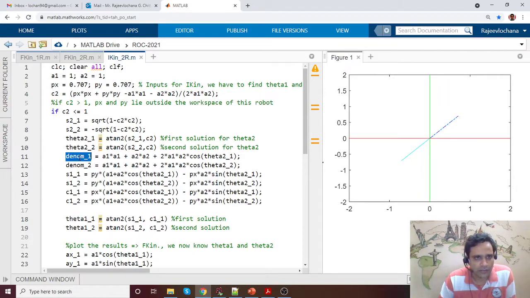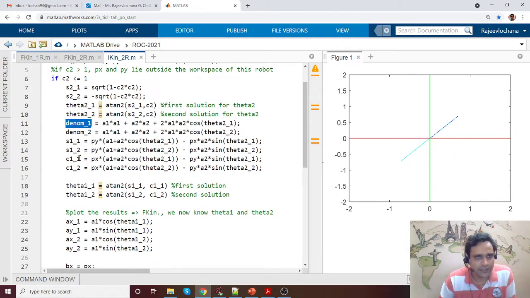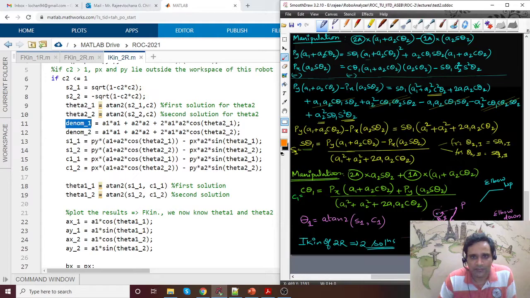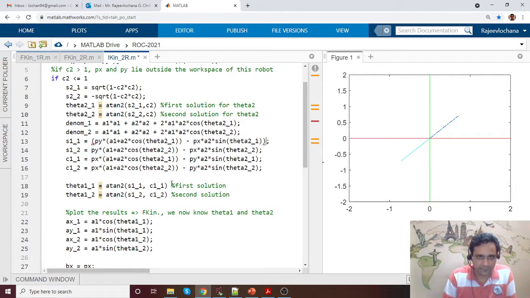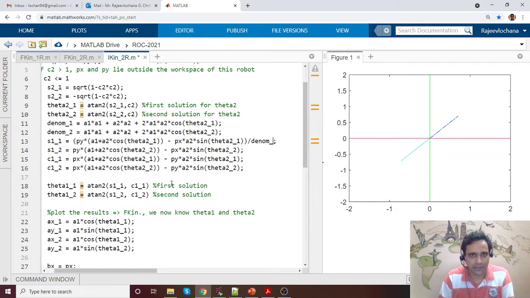Denominator 1. Oh, we didn't use the denominator terms at all. Okay, my bad. Okay, let's try to do that. We were supposed to divide the whole thing by the denominator terms, which we didn't do. That's why we were getting some cases which were correct, but obviously not all cases. Okay, good that it popped up. So this whole term py will be divided by denominator underscore 1.